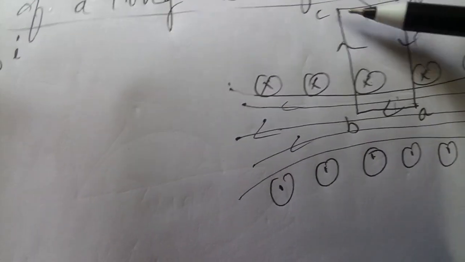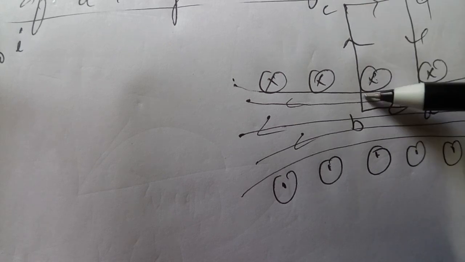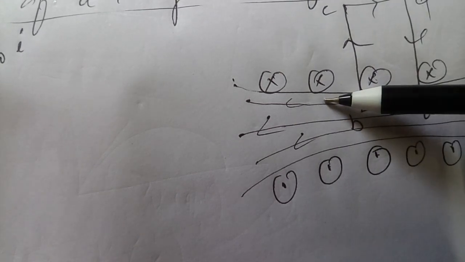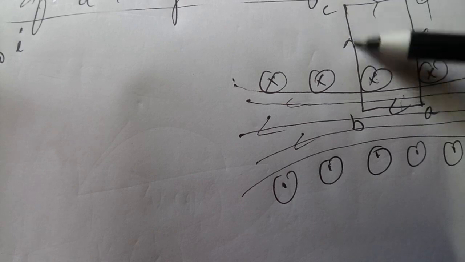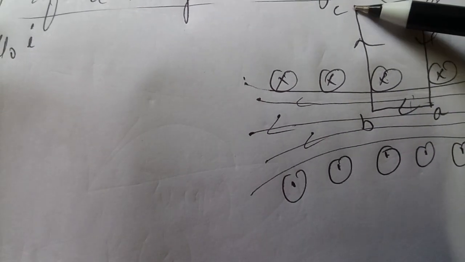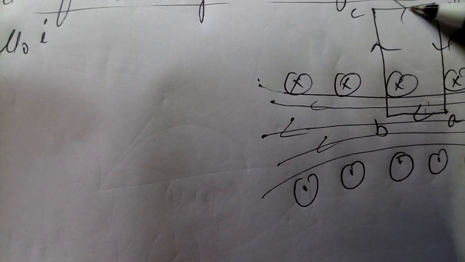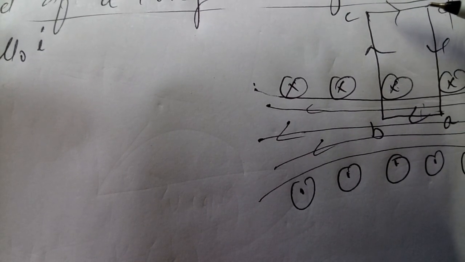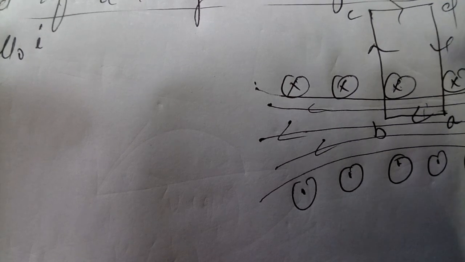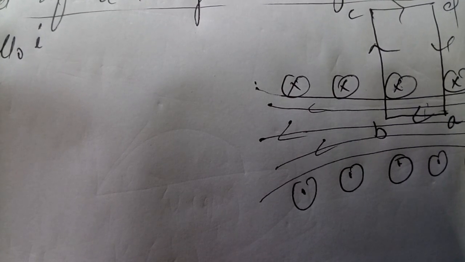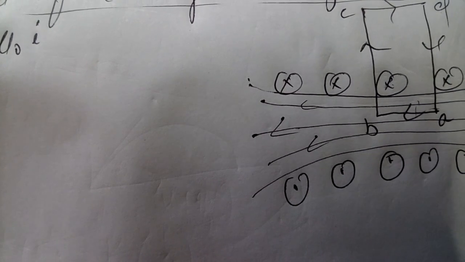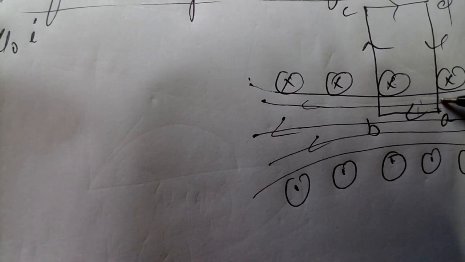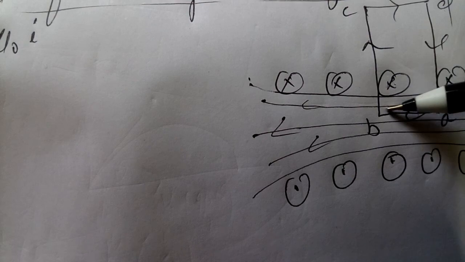But if you look at the line integral for BC, another line integral, the magnetic field is in this direction, so in this case they are at 90 degrees. And this one we generally ignore because it is outside and the magnetic field is very small, so we don't consider it, because the magnetic field is 0 at points outside the solenoid. Here also the same thing, it is 90 degrees, cos 90 degrees becomes 0. So what we find is that the only line integral that contributes is A to B.